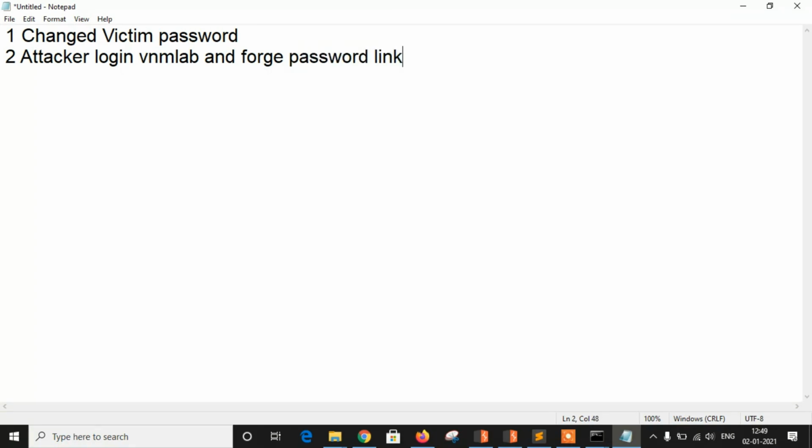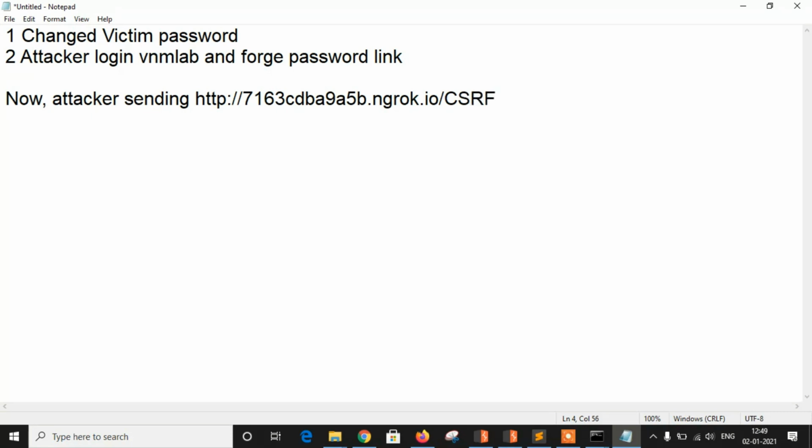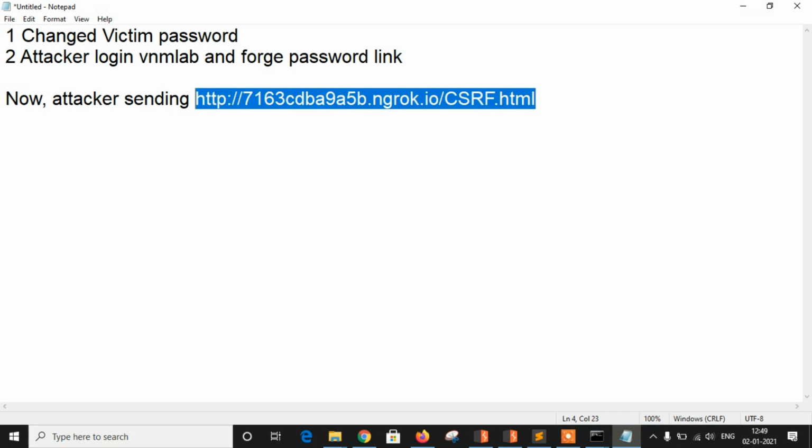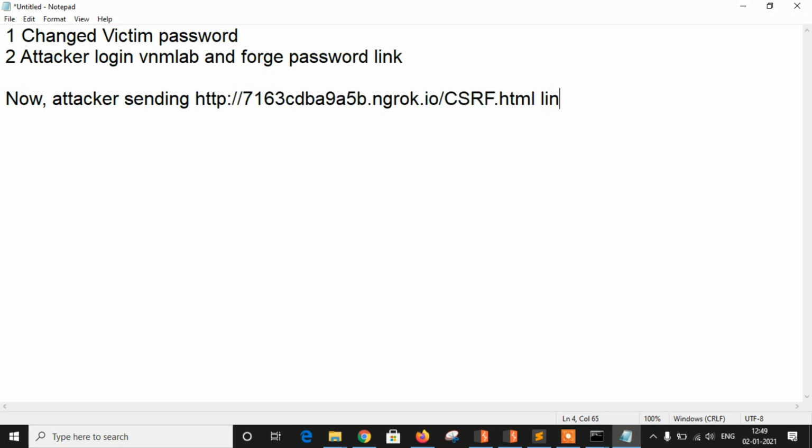Now the attacker sends this password link, csrf.html, to the victim using social engineering tricks.